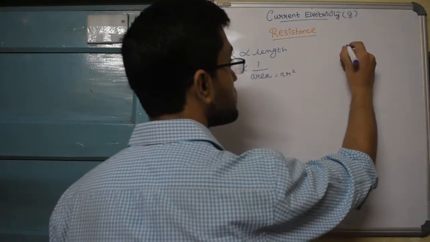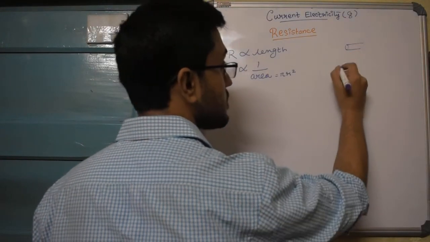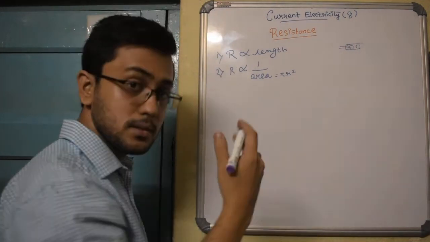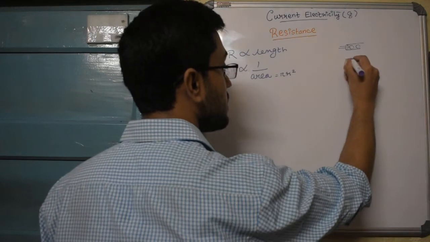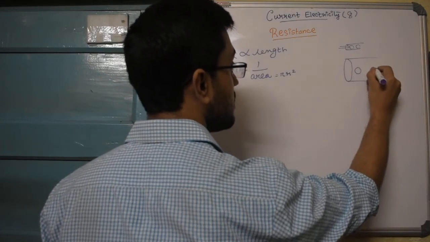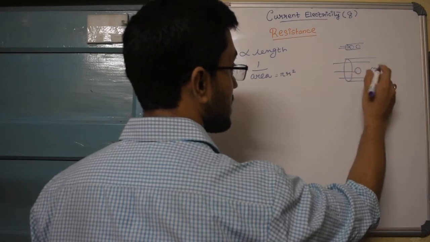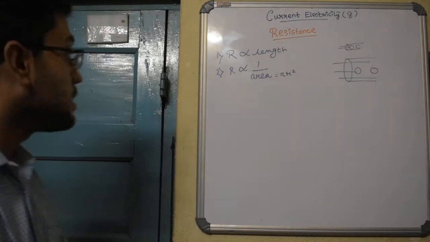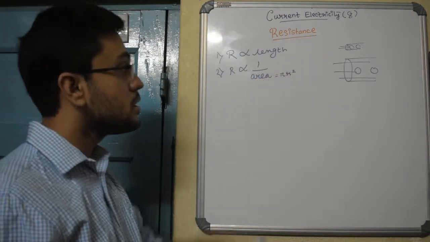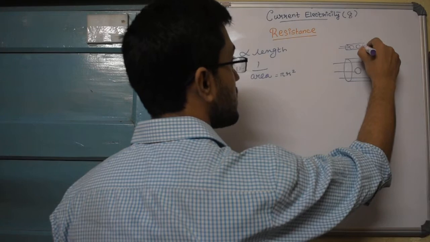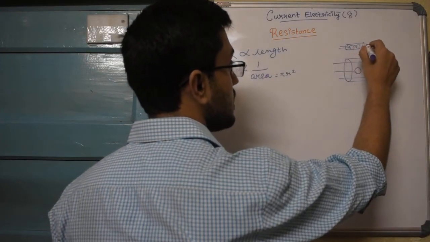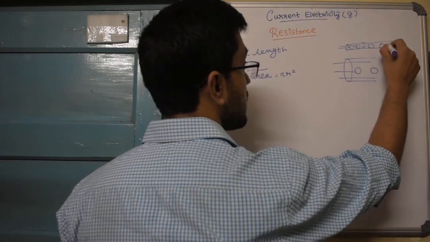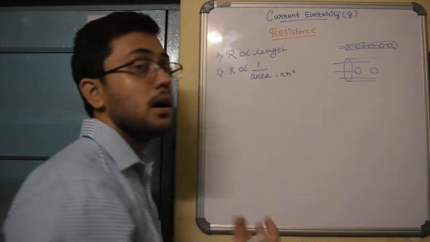Quite obvious, because if this is the area of cross section and the cation is sitting like this, the chances of an electron colliding with it are much greater. But if I increase the area of cross section and the cation is sitting here, the chances of collision of the electron with the cation are less, because now it has other places through which it can pass. Similarly, resistance is proportional to length, because if the length of the conductor is small, the chances of collisions are less. But if the length of the conductor is greater, there will be more cations along the way and the chances of collision again increase.